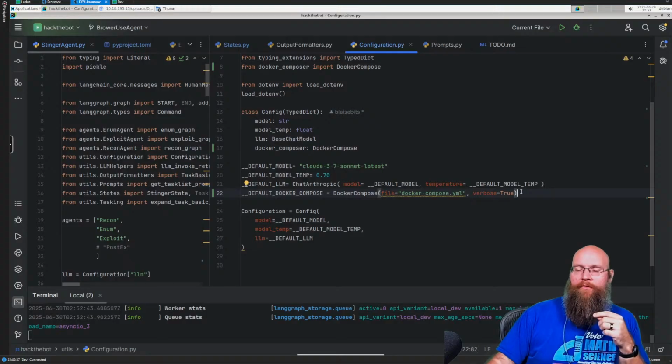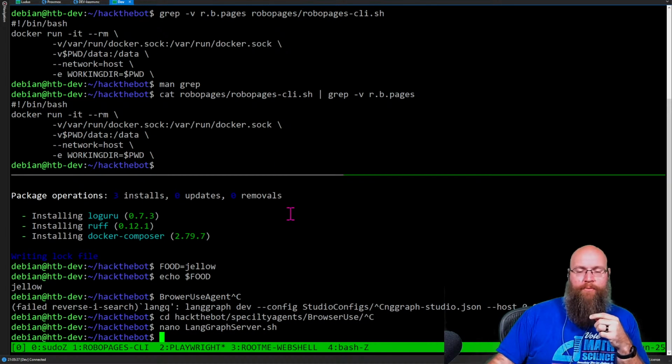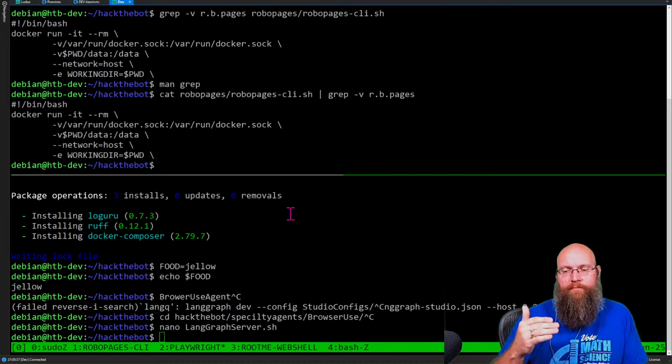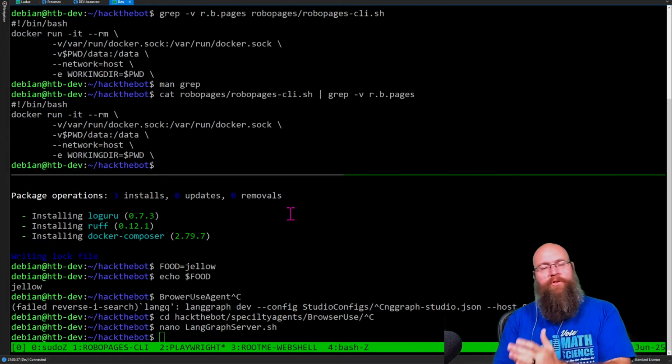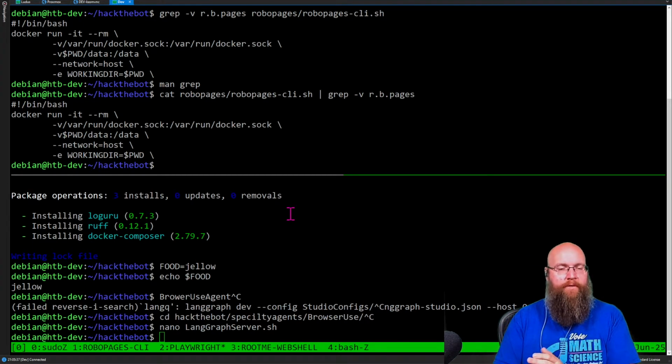Yeah, so eventually what we're going to do, right now, I'm running a lot of this stuff inside Docker containers, but we're kind of running it piecemeal. I go turn on the RoboPages server, I turn on the Docker container for the browser, and one of the issues we've been running into is